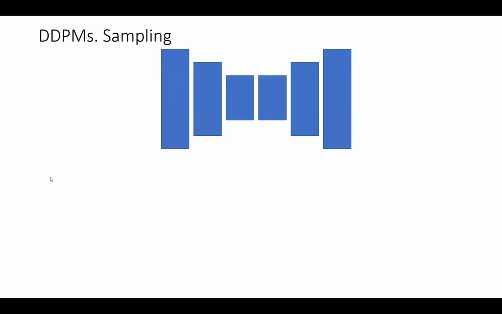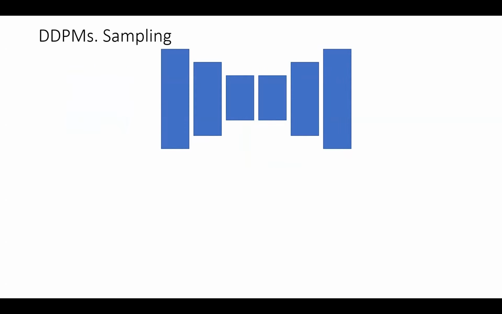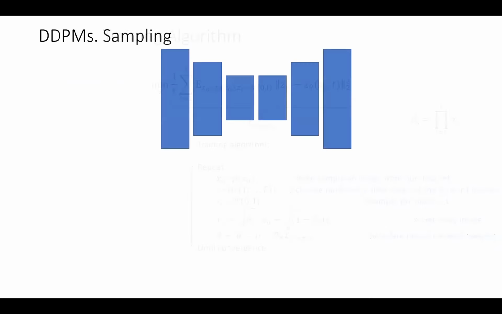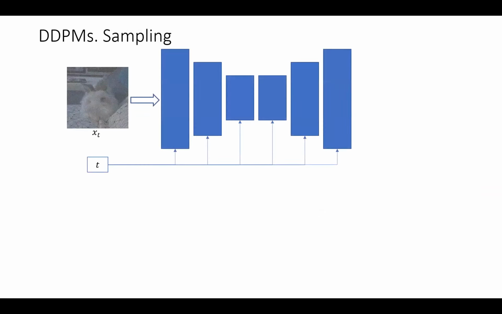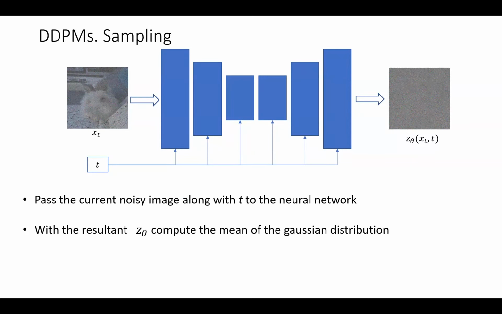Okay, so this is the process. What we talked about was the training of the neural network, the training algorithm, which is in a way a forward process. Now that we have done this training, we'll do the inference. We'll input xt and t, and we'll get a z theta. We'll take that z theta, and then we pass the current noisy image to the neural network,